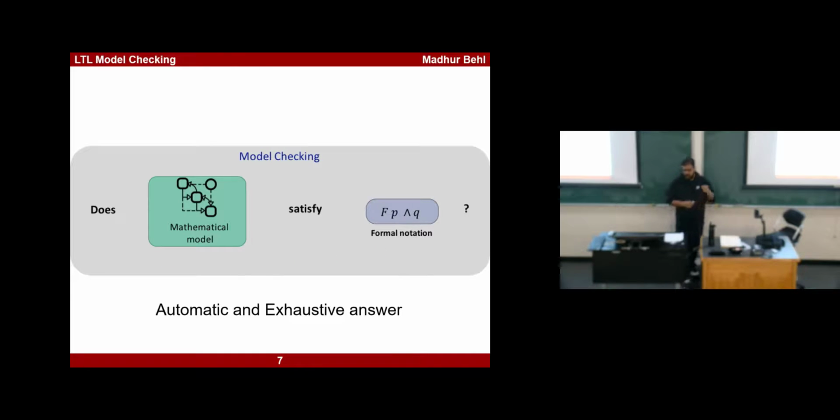Okay, so the notion of model checking is that it is automatic and exhaustive, exhaustive being the key word. Once the model checker says the model M or the transition system satisfies the requirement, that means